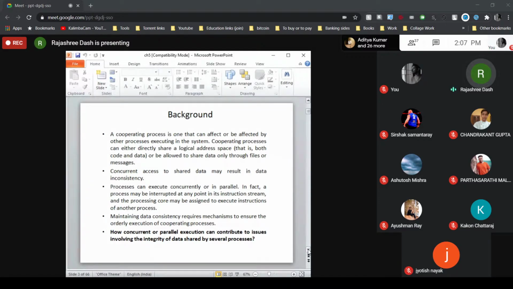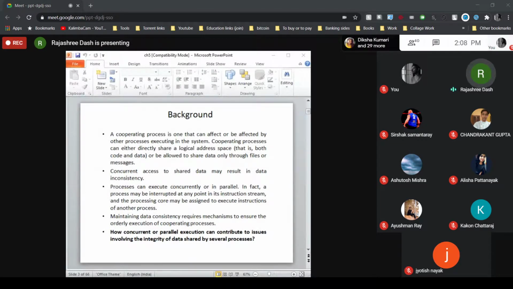Now let's discuss what is the need of process synchronization. Already we have discussed that the processes present in your system may be either cooperating processes or independent processes. Independent processes are those which cannot affect or be affected by other processes, whereas cooperating processes are those which can affect or be affected by other processes executing in the system.